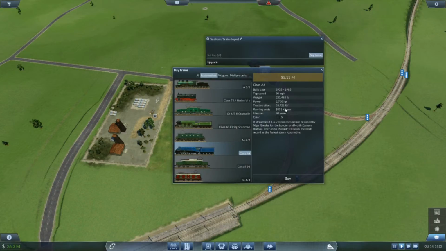That's going to be 90 mile an hour, which is going to be pretty profitable. Well, I said I'm either going to go bankrupt or this is going to work out really good, guys. So I'm going for the first one at the minute. For me, I'm going to buy the Class A4. It's capable of 90 miles an hour. It's got pretty good horsepower, and its tractive effort is, compared to some of these others, pretty...